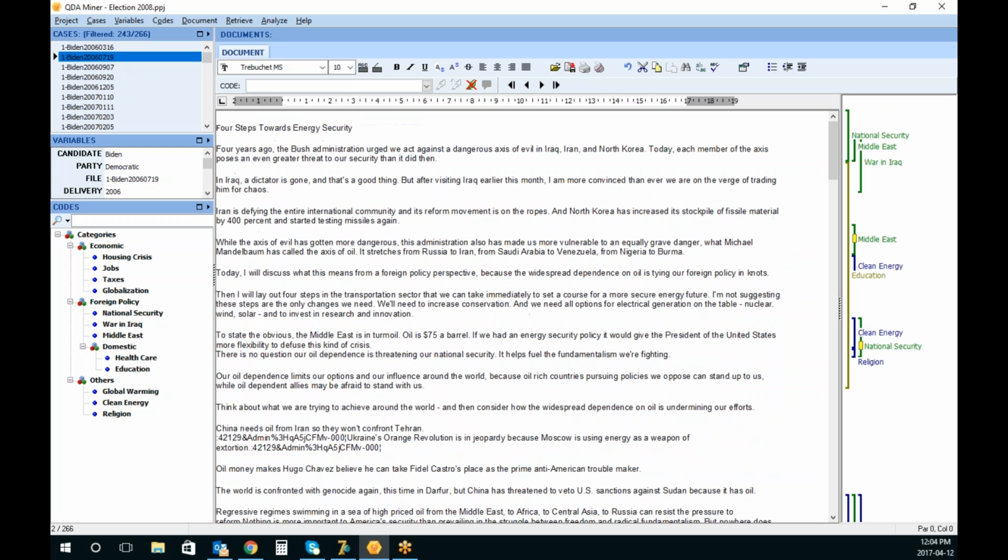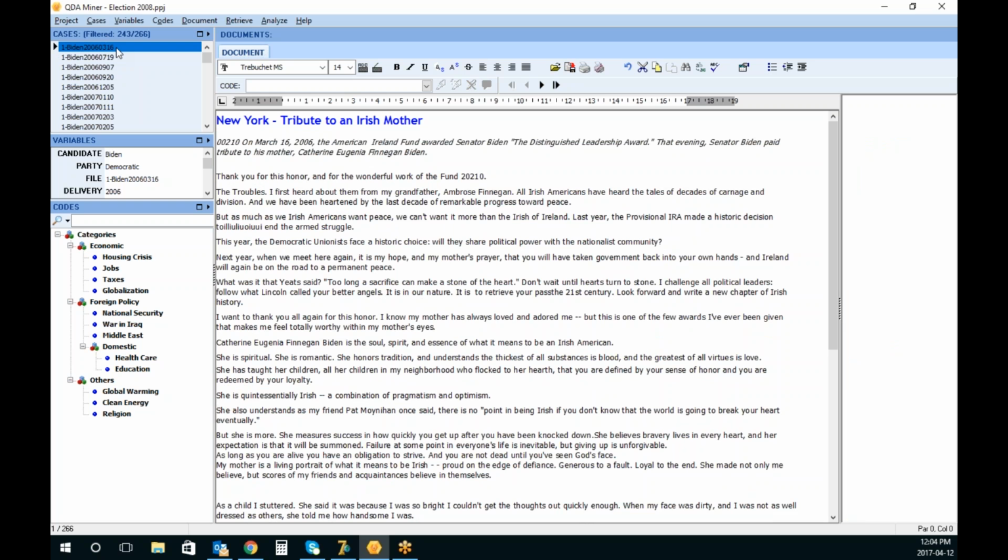What you see in front of you is QDA Miner, and I did some coding on this project. I will use this project and maybe another one to show you the different ways one could interact between QDA Miner and WordStat. But initially,